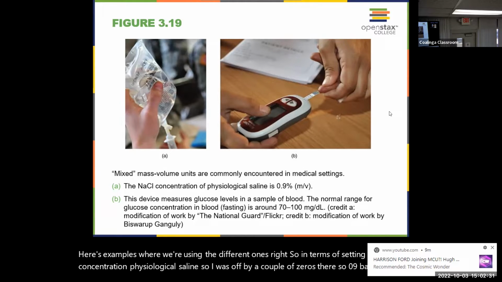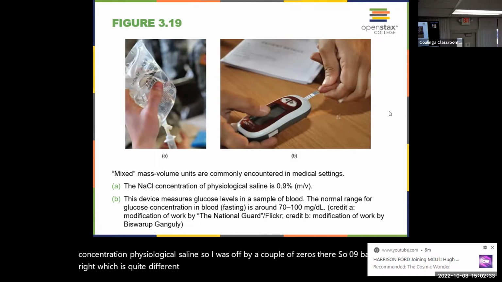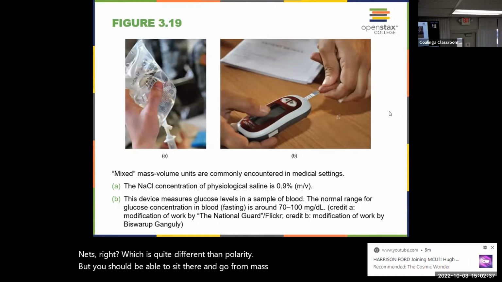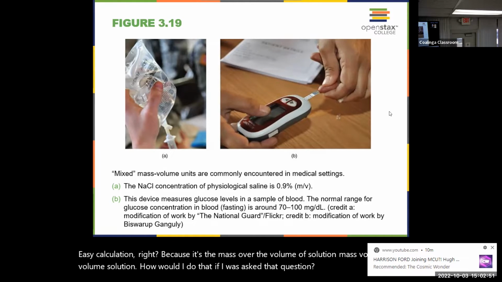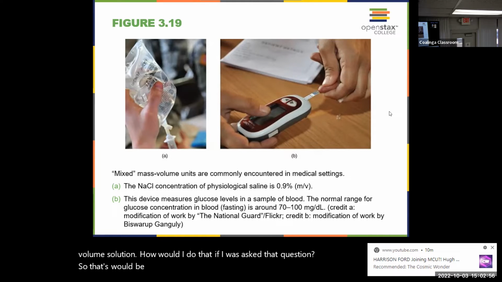Which is quite different than molarity. But you should be able to go from mass volume to molarity. Easy calculation, right? Because it's the mass of solute over the volume of solution. How would I do that if I was asked this question? So the mass would be 0.9. The volume would be,